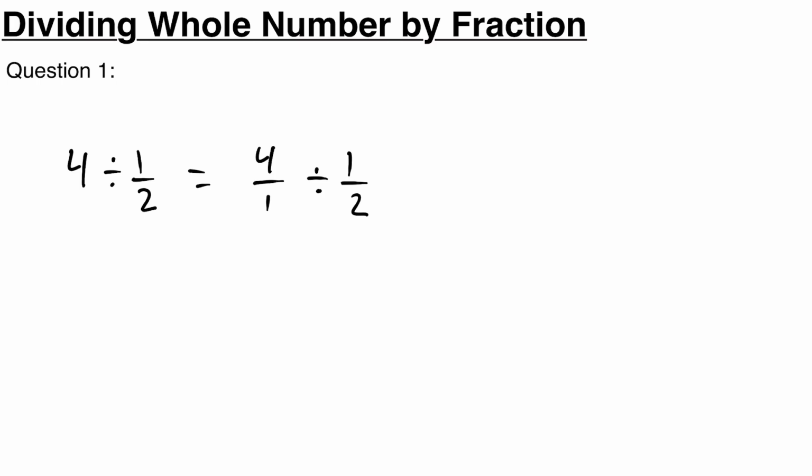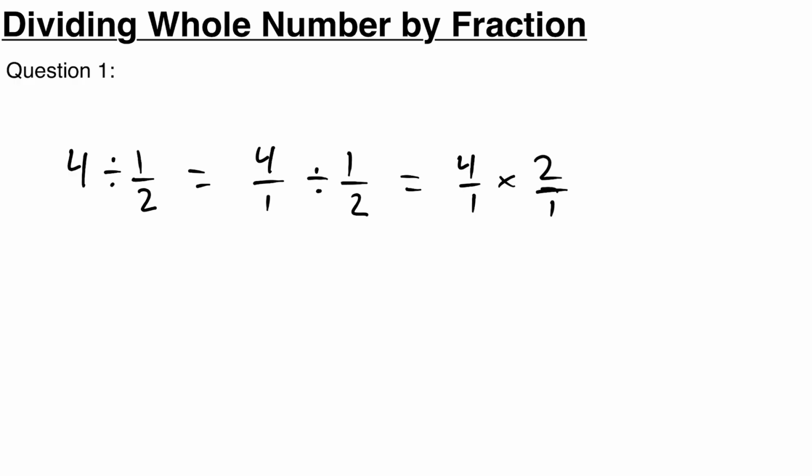Next, I want you to remember the keep, change, flip rule. In order to divide two fractions, we're going to keep the first fraction the same, we're going to change the division to multiplication, and then we're going to flip the second fraction. So 4 over 1 divided by 1/2 is going to be equal to keep, so we keep 4 over 1 the same, we're going to change division to multiplication, and then we're going to flip 1 over 2 into 2